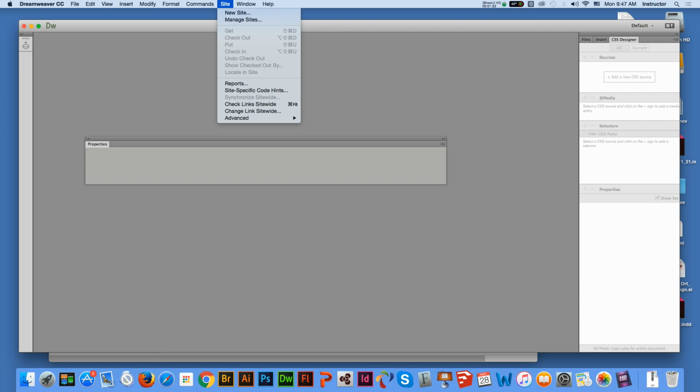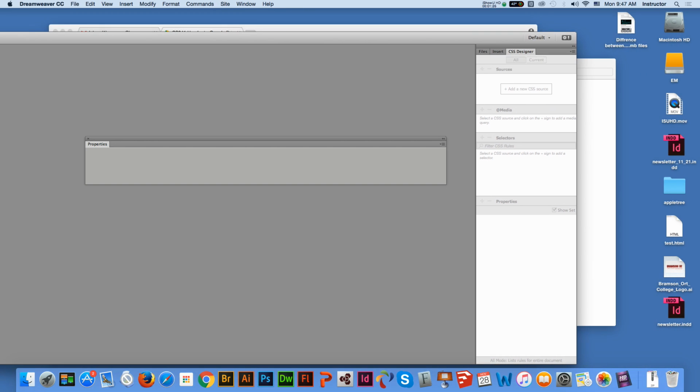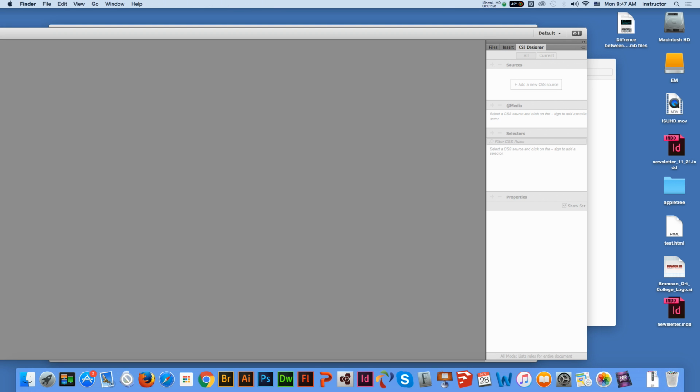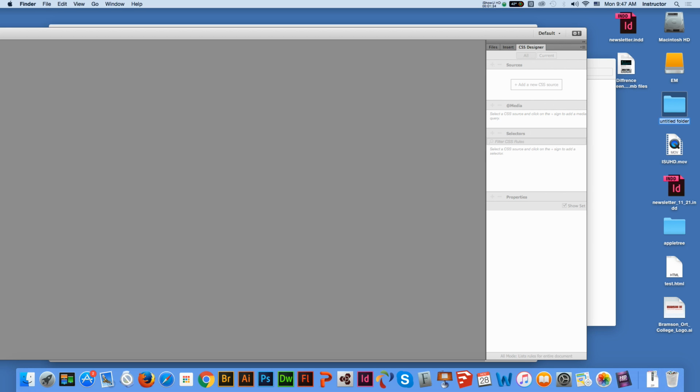I want to define the site. I want to manage site. Let me create a local folder, which is a local site to have all the stuff inside. So I'm going to name this folder. So go to Dreamweaver. You don't have to follow me now because I'm doing the recording. Okay, so after this, November